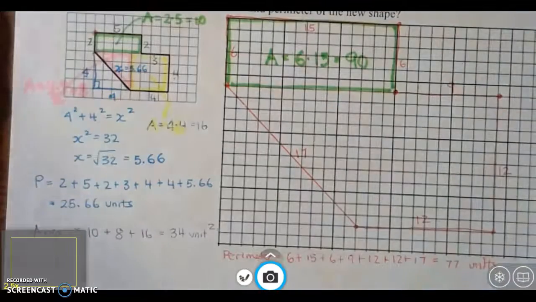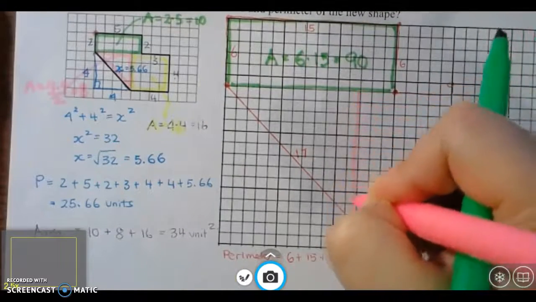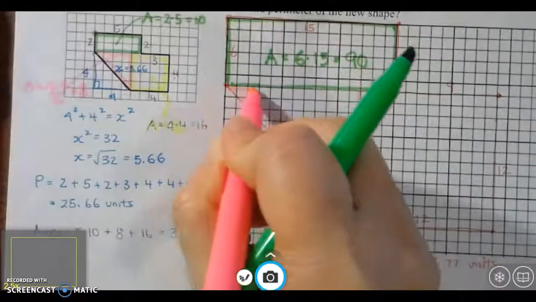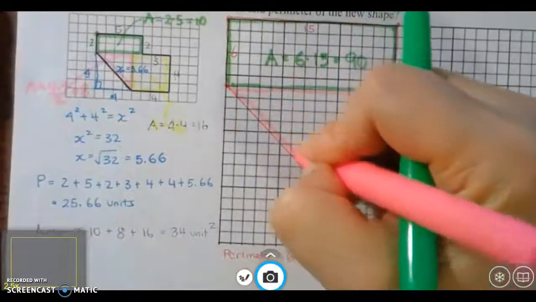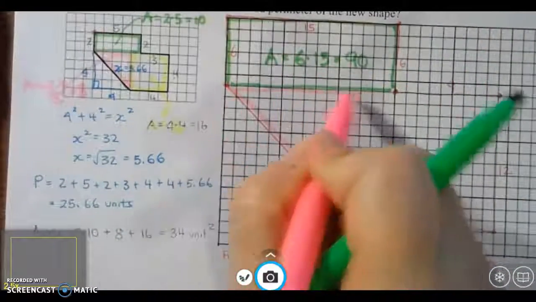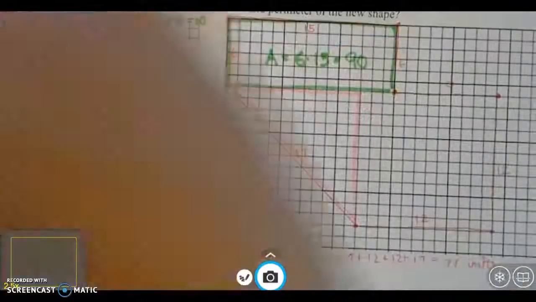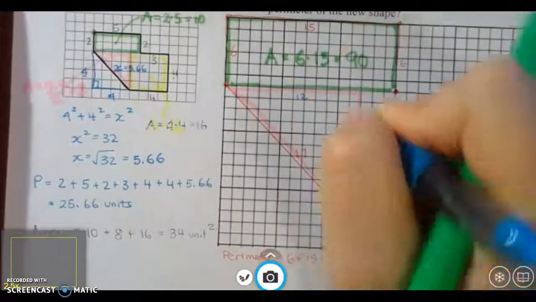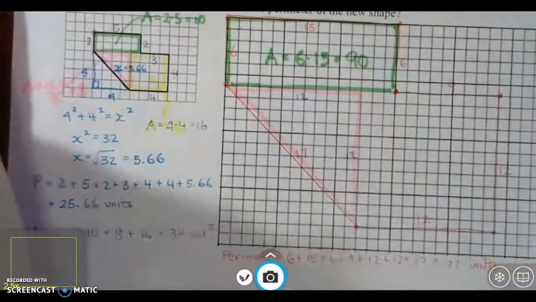Okay, what about the area of the triangle? What is this length? This length is 12. This length is 12. And this length is also 12. So it's 12 times